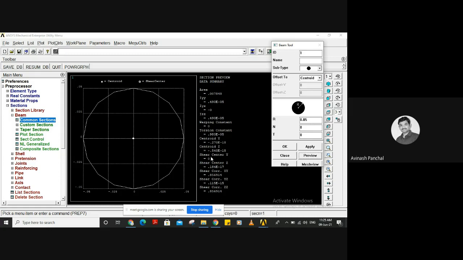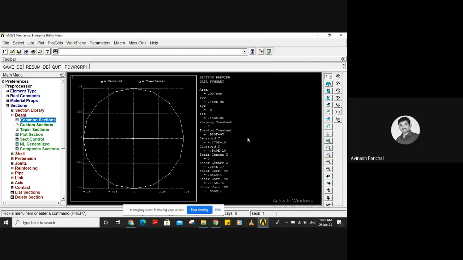Centroid at z, then shear center at z, shear corresponding to yy section, shear corresponding to yz, shear corresponding to zz. Okay, if we need, we can give this. Otherwise we can click on OK.